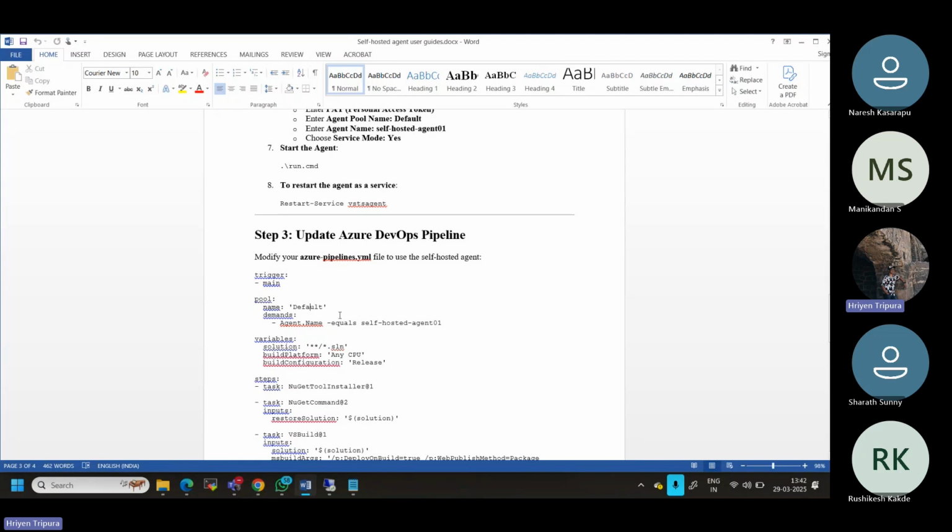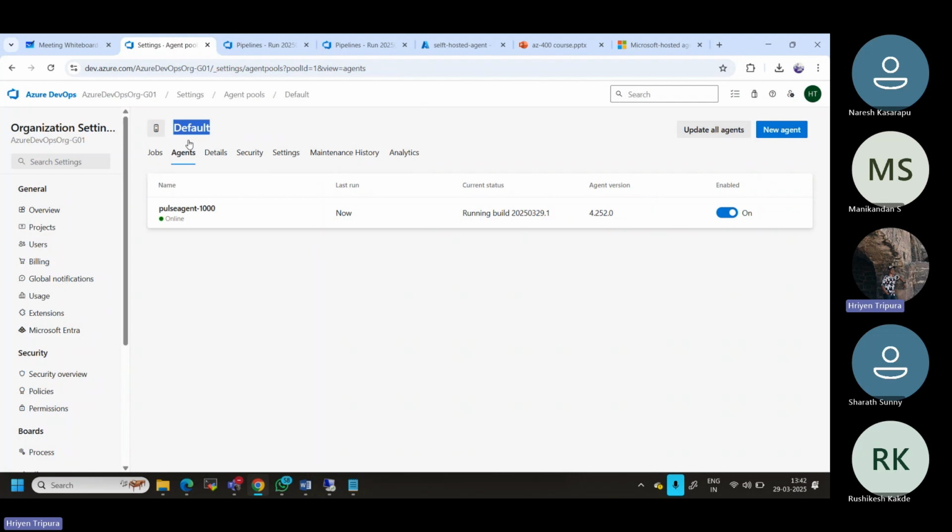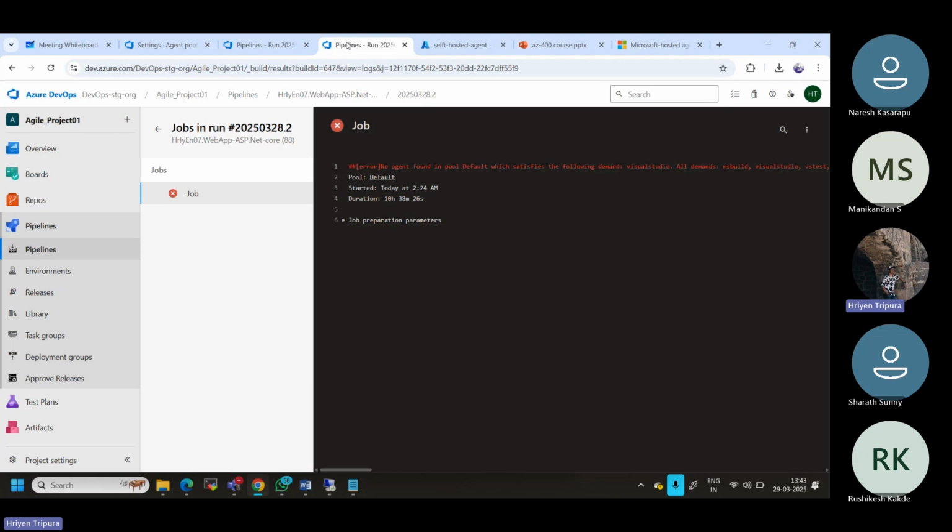But what if you have, let's say, in the default agent pool you only have one agent. Let's say you have 10 different agents. You might be thinking, how will the pipeline decide which agent to choose to run its task or job? That is where we can define it. So what we can do is, in this case, if you have that kind of situation,